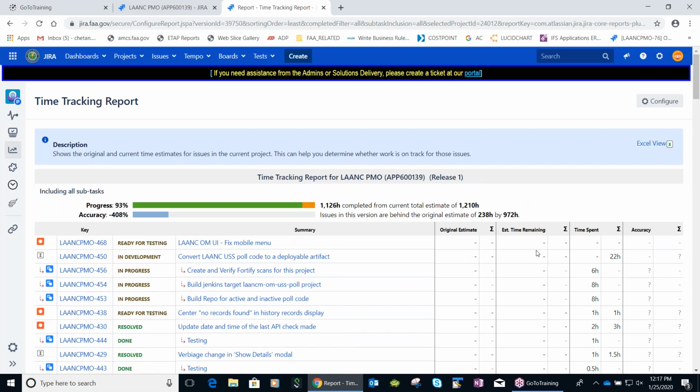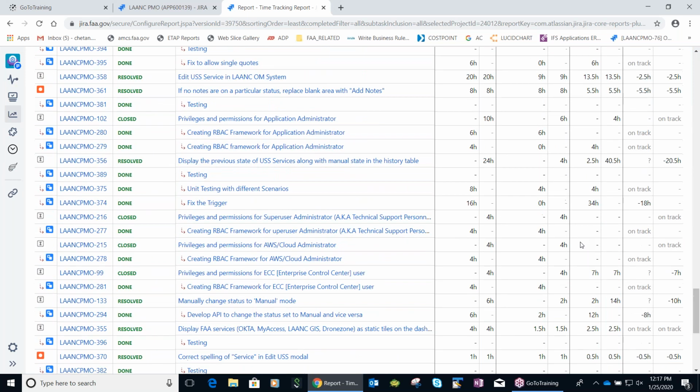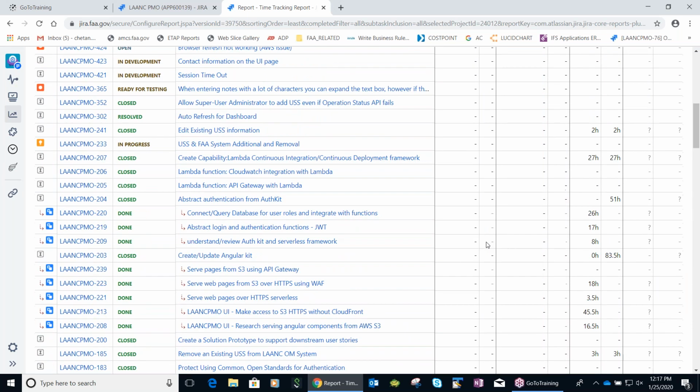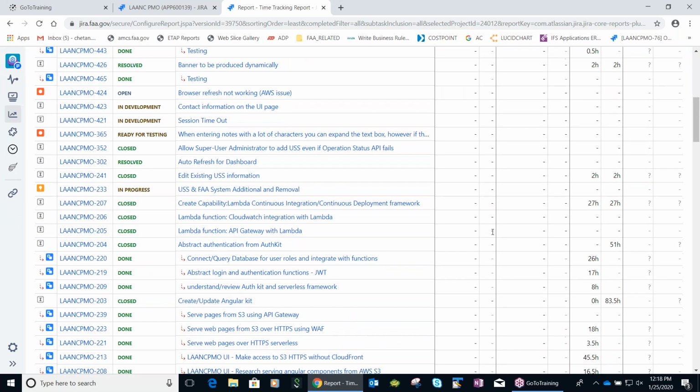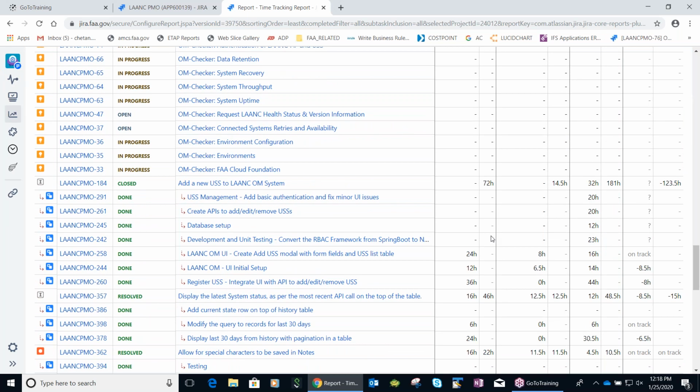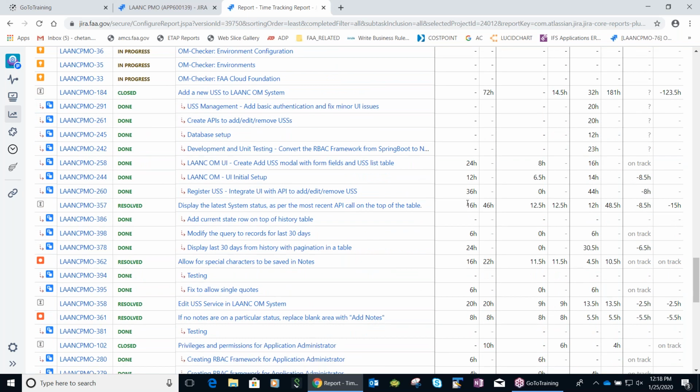The first column is original estimated time, remaining, and time spent. Can we take any single example, any subtask? For example, we took 258.